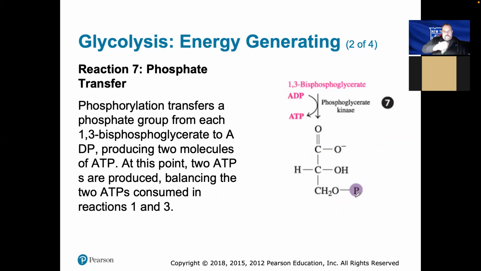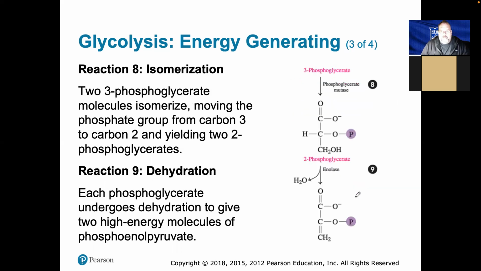Reaction 7, phosphate transfer. Phosphorylation transfers a phosphate group from each 1,3-bisphosphoglycerate to ADP, producing two molecules of ATP. At this point, two ATPs are produced, balancing the two ATPs consumed in reactions 1 and 3. Reaction 8, isomerization. 3-phosphoglycerate molecules isomerize, moving the phosphate group from carbon 3 to carbon 2, yielding two 2-phosphoglycerates. Reaction 9, dehydration. Each phosphoglycerate undergoes dehydration, of course, which is the removal of water, to give two high-energy molecules of